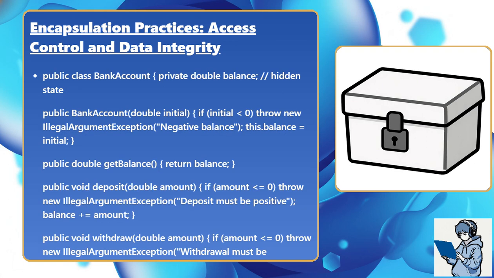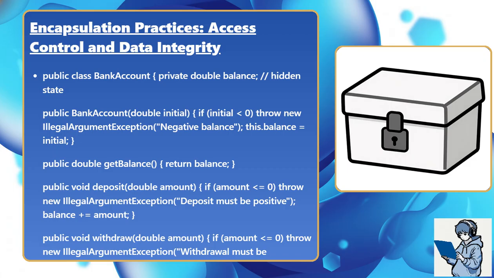public class BankAccount { private double balance; public BankAccount(double initial) { if (initial < 0) throw new IllegalArgumentException("negative balance"); this.balance = initial; } public double getBalance() { return balance; } public void deposit(double amount) { if (amount <= 0) throw new IllegalArgumentException("deposit must be positive"); balance += amount; }